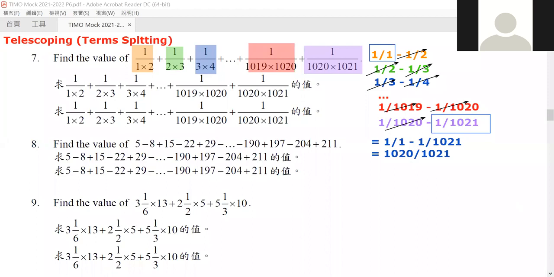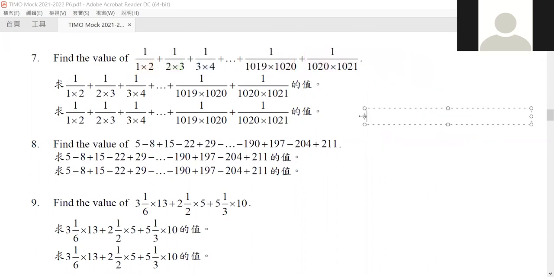Okay, let's go to question number 8. Now find the value of this alternating sum. Every time we see this, because this is an alternating sum, it means that if we combine these terms together, it will form a much smaller number. Now, if we combine this all together,